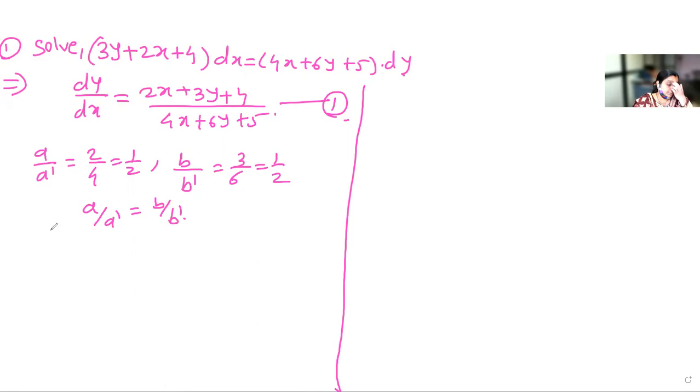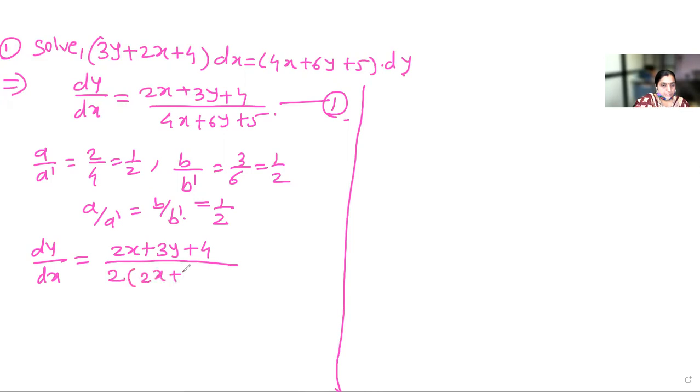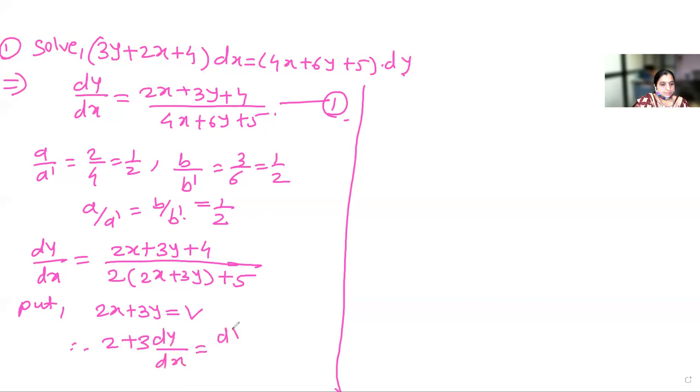Okay, so now here in dy by dx, what common multiple comes from this? 1/2, so the value of m is 2. So you can take 2 common from the denominator. So equation 1 becomes (2x plus 3y plus 4) divided by, if you take 2 common from the denominator, 2 times (2x plus 3y plus 5/2)... as it is. Now what is our substitution? Put simply 2x plus 3y is equal to v. Therefore here 2 plus 3 dy by dx, differentiating with respect to x, becomes dv by dx.